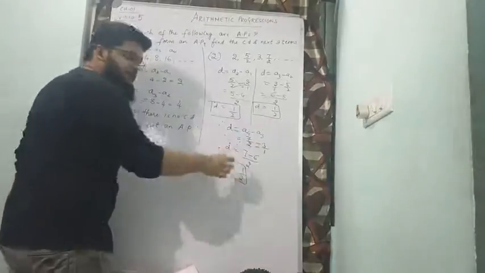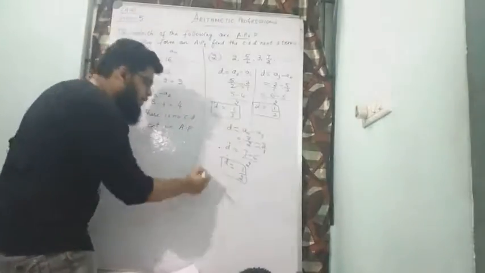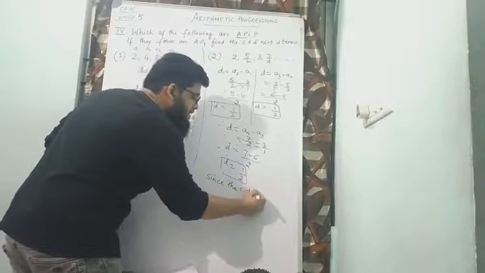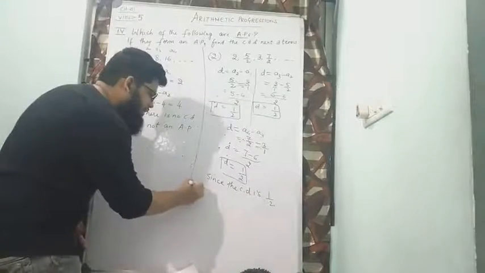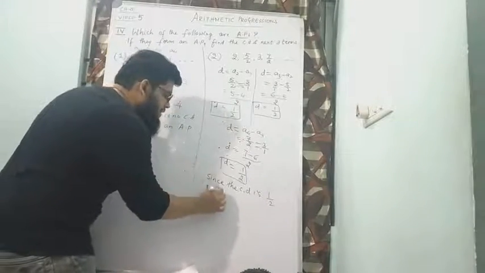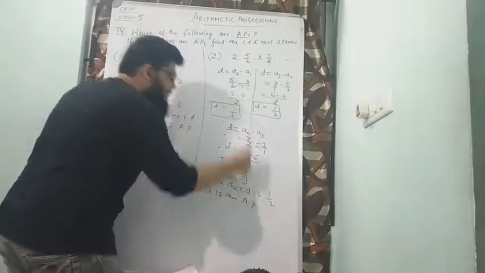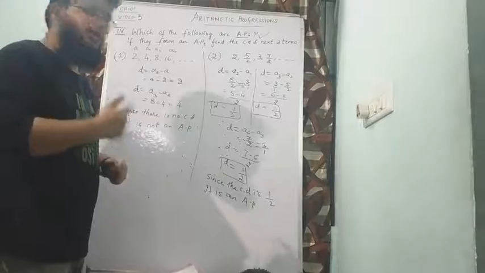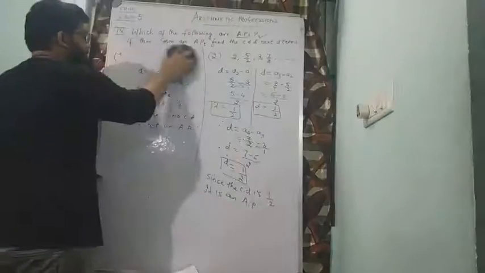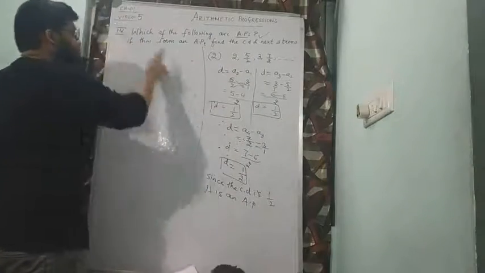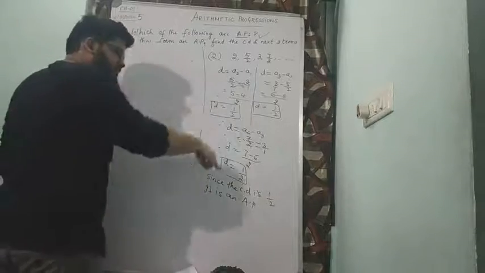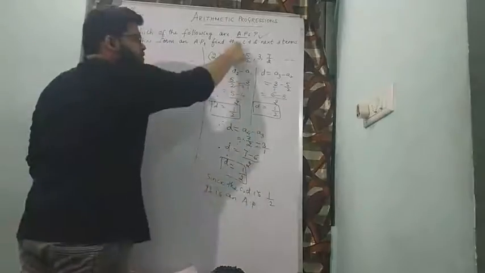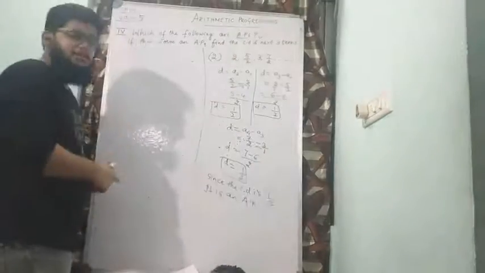Now every time the difference is same, which is 1 by 2. Therefore, since the common difference is 1 by 2 every time, therefore it is an AP. We have proved that it is an AP. First part is completed. Now my next job is, now they are telling if they form an AP, if this is an AP, what to do? Find the common difference. Common difference is 1 by 2. This is also done. We should find out the next three terms.